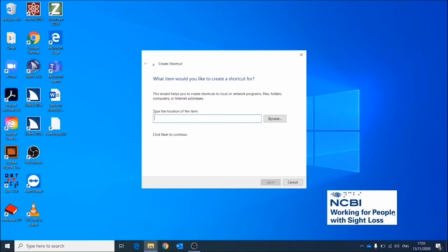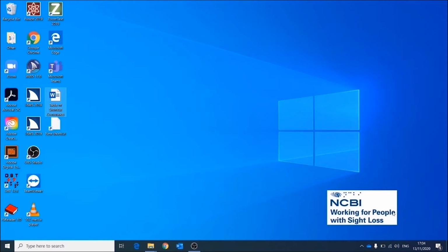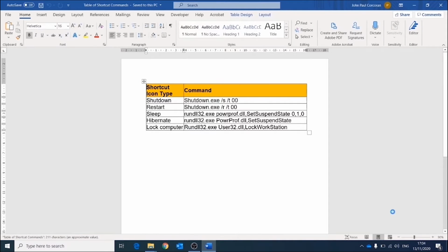Now, I have this command saved in a Word document on my desktop, which I'm going to open now by pressing Windows and D, and T for Table of Shortcut Commands. Folder view left T. Table of shortcut commands 3 of 21. So there's the Word document I need. I'm going to press Enter to open it. Opening table of shortcut commands Word. Microsoft Word document edit multi-line table with 6 rows and 2 columns, level 1 row 1 column 1 page 1